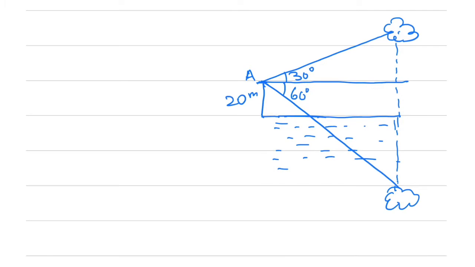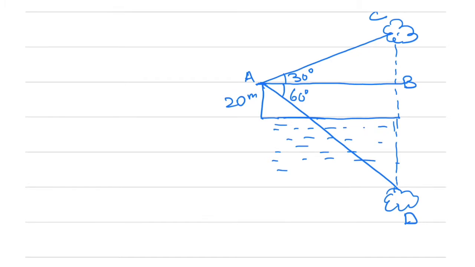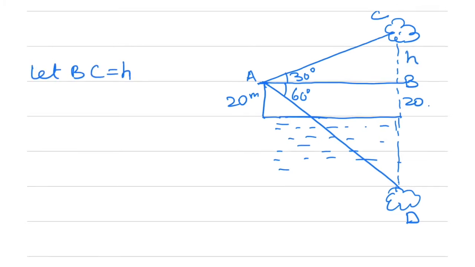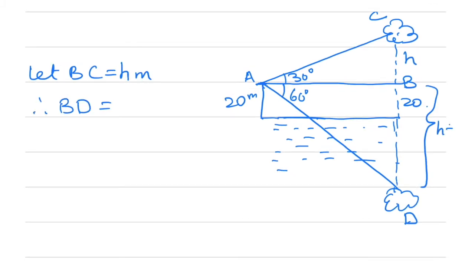And you have to find the distance of the cloud from A. So let this point be C, let this point be D, and this point be E. So this is the diagram, and we have to find out AC. We are just given this distance. So let BC is equal to H meters. Therefore, BD will be equal to H plus 20 plus 20. So H plus 40